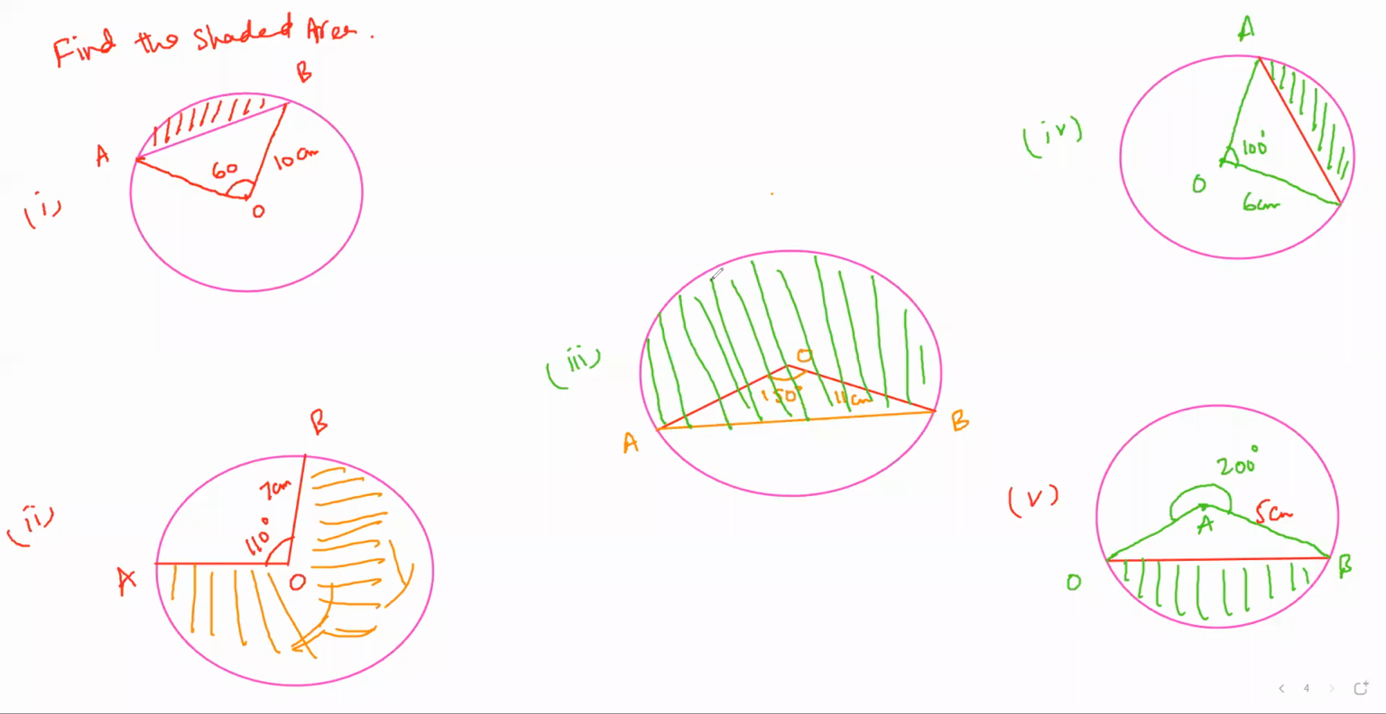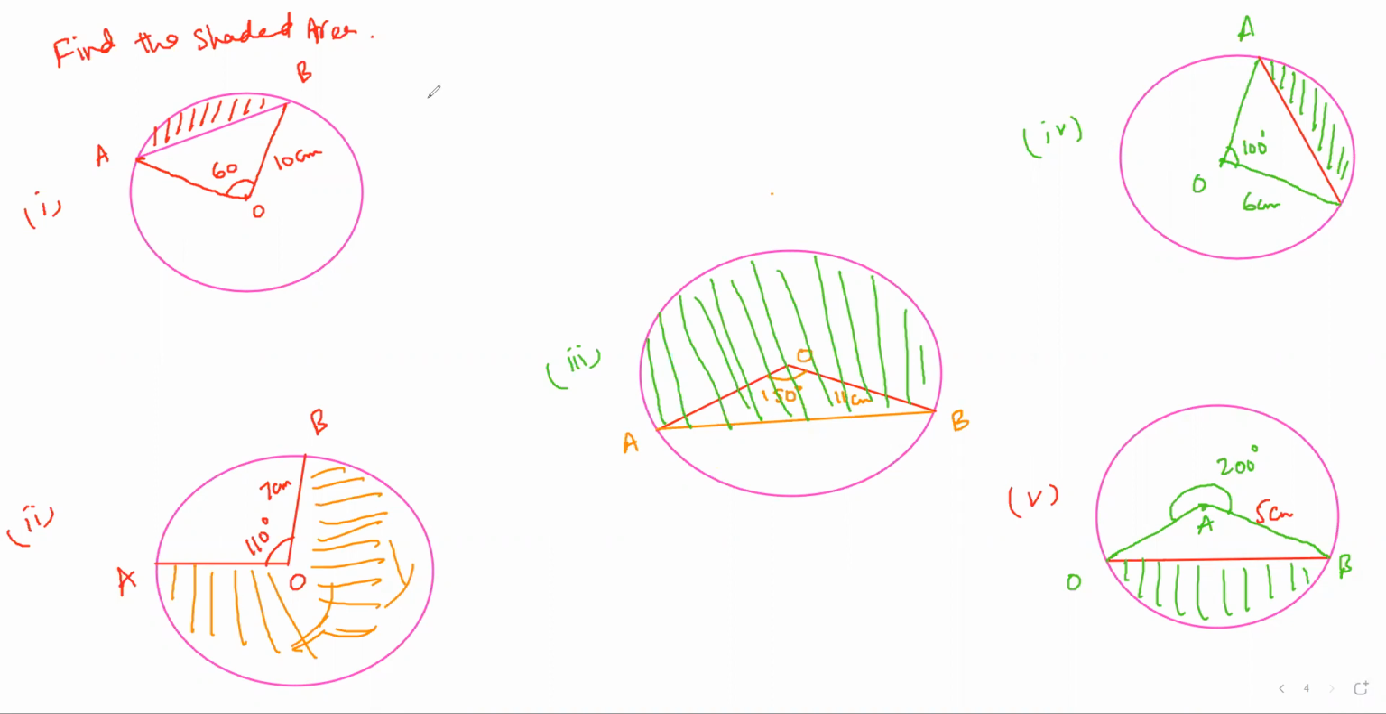Okay, guys? So I'm giving you some questions here. You try them. So here are the problems. You have to find the area of the shaded regions here, okay? Okay, here the shaded area is representing the minor segment. Okay, so the area of the minor segment,